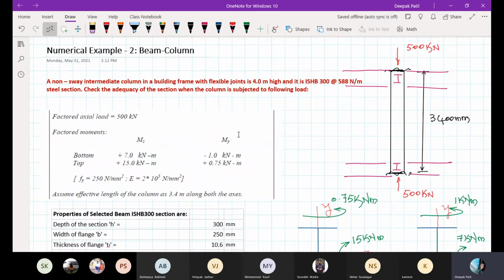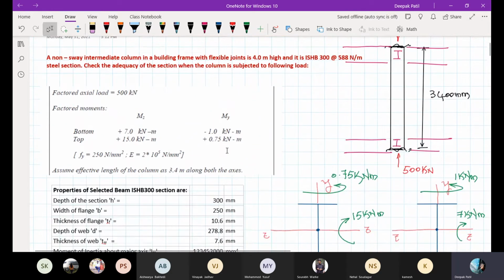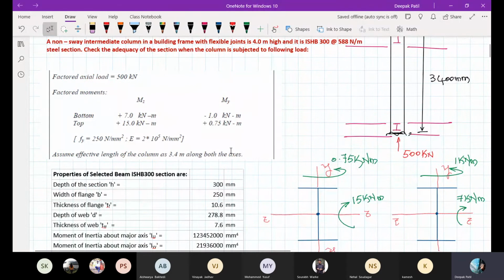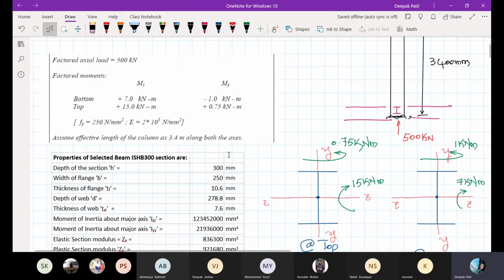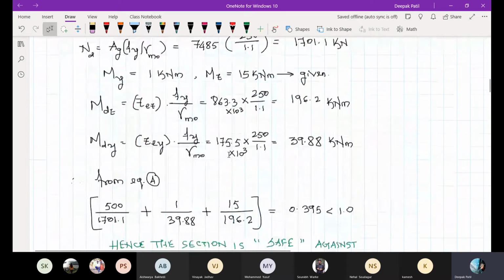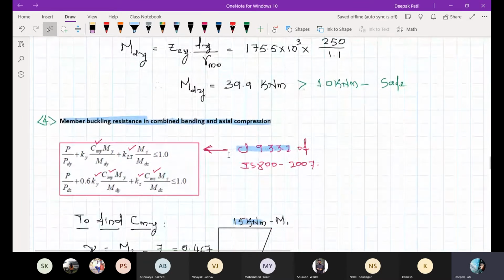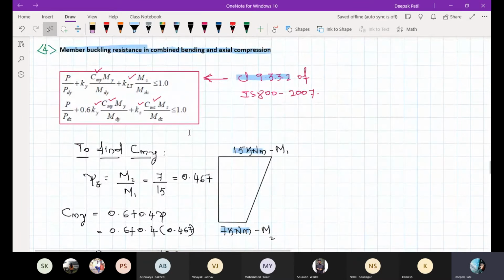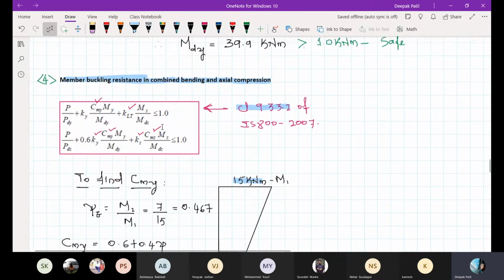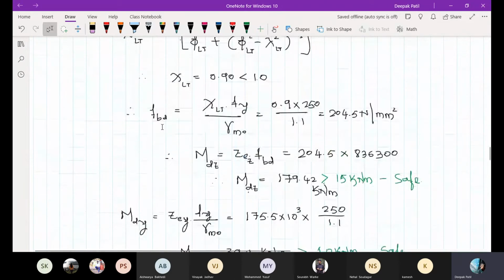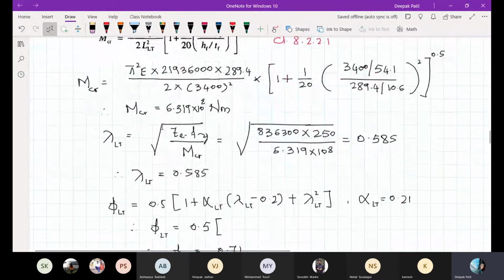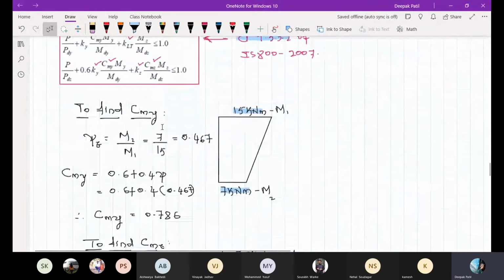Have you understood? I know it's a very lengthy one, but nothing to remember, no need to remember all the formulae. All the formulae are actually given in IS 800 2007. You have to refer to the respective clauses and check all these things. Only the last check is a bit tedious, but if you practice a few more examples, I think you will be able to do this last check also. But apart from that, the first three checks are as simple as that. Are you clear, students? Any doubts here?